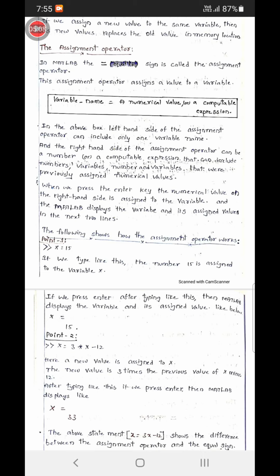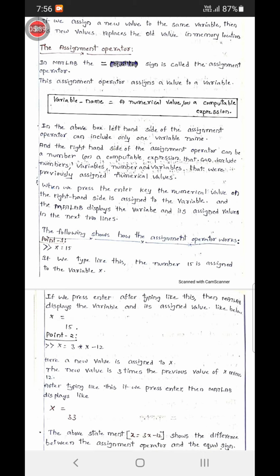For example, if we type a, then that is also a variable name. Or b, c, d, we can type b or c or d. It's our wish. So we can type whatever we want at the left side of the assignment operator.